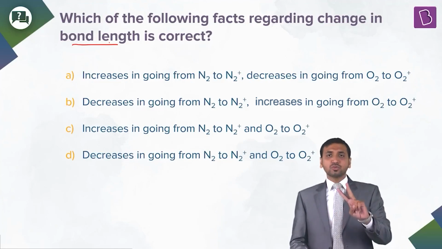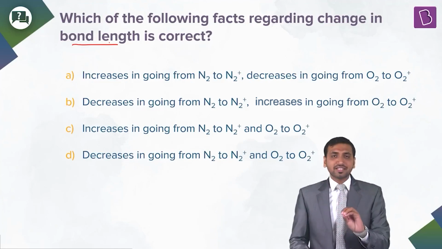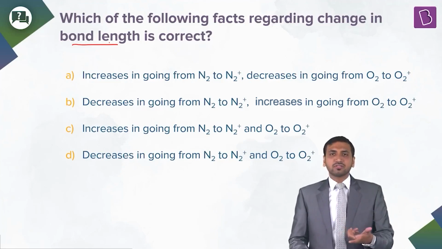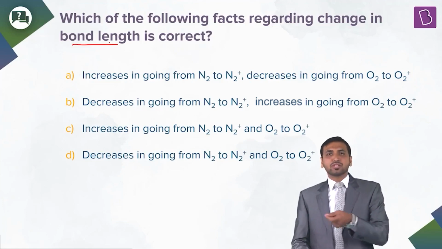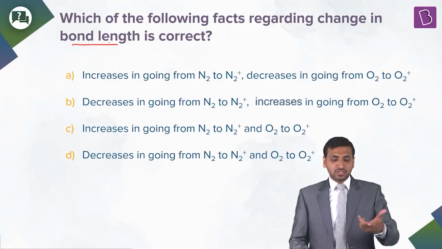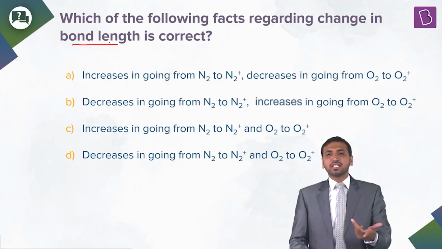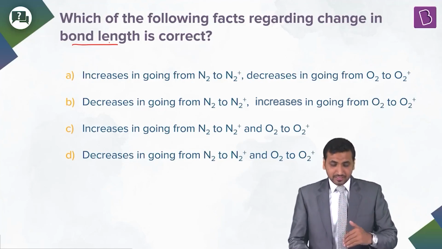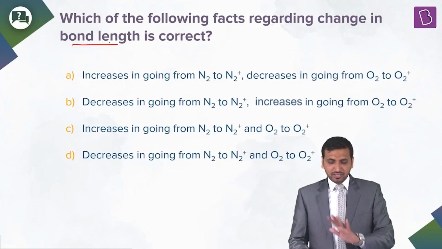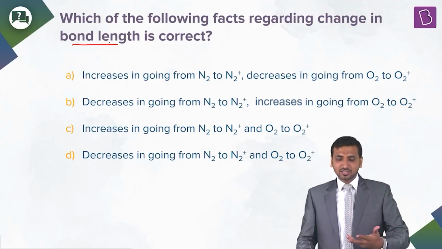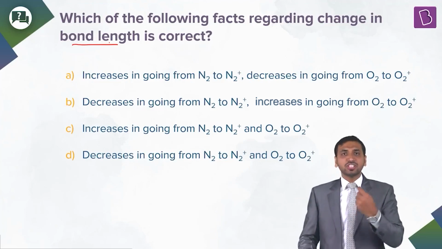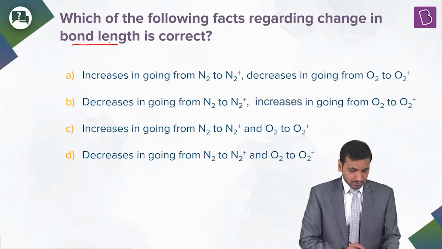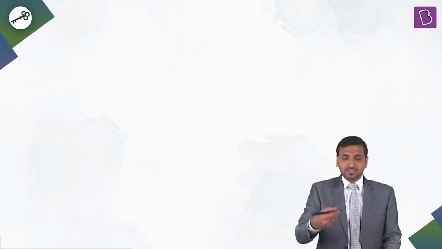Fine. See, there are 2 ways to do this question. One is the very conventional method. Write the molecular electronic configuration of N2, N2 plus, O2 and O2 plus. Observe the change in bond order. Accordingly, you can calculate the bond length increase or decrease, right? There's another way. We will do it by both the methods. The other way is a smart method. Let me give you a cheat code for it. You might already know it as well. Okay. So that is pure observation, right?